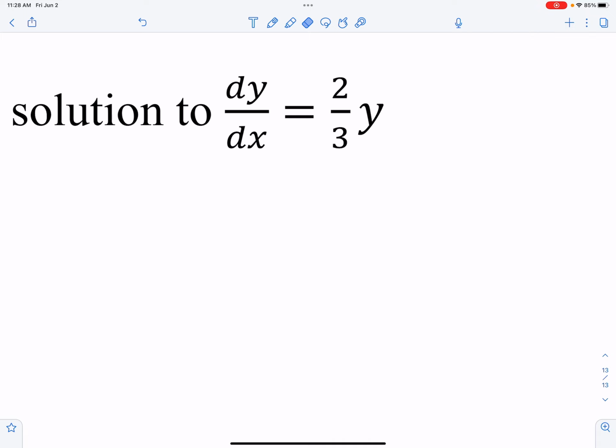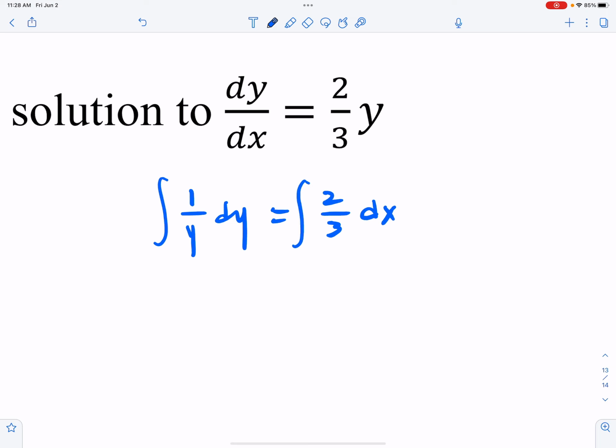To do this, I'm going to think about dividing by y on each side. So I would have 1 over y dy equals 2/3, and multiplying by dx on each side, dx. So now I can integrate. When I integrate 1 over y, I'll get natural log of absolute value of y equals, integrating with respect to x, 2/3